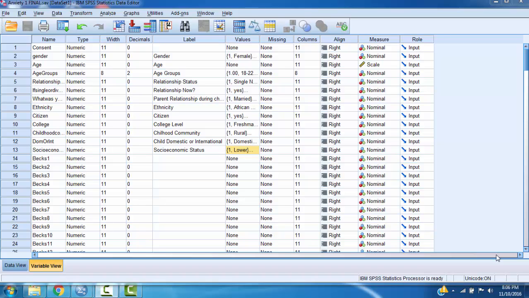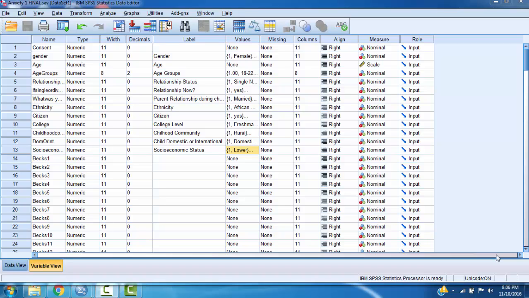In order to perform a chi-square, you have to follow two rules. The first rule is that both variables must be nominal variables. Nominal variables are also called categorical variables. That means that you're in one category or another. For example, you have to be male or female. So in order to perform this analysis, you have to have categorical/nominal variables. And you're looking at the relationship between two nominal variables, such as